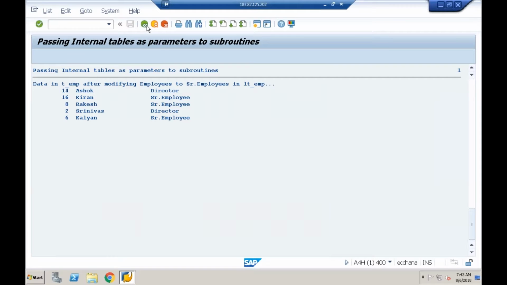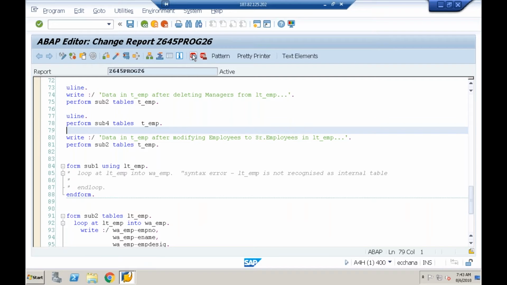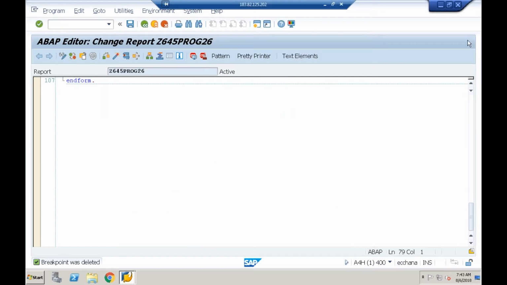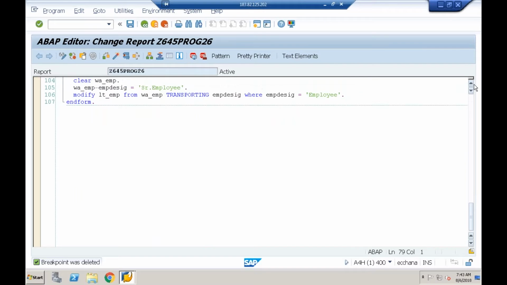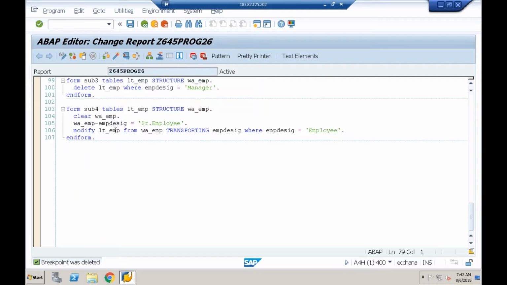That's all. So the point you have to understand from this subroutine 4 is how to update the internal table, by using the modify statement. I cannot directly modify the internal table. First we need to set the modified value to the work area, and then referring to the work area, you must update the internal table by using the modify statement. Which records you have to modify? Wherever designation equals